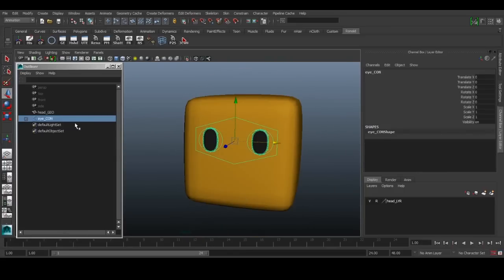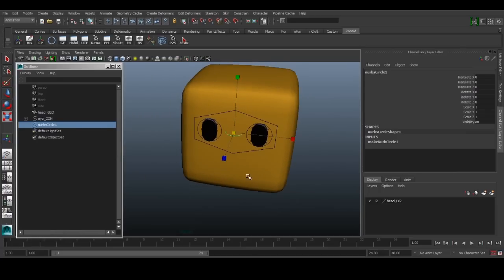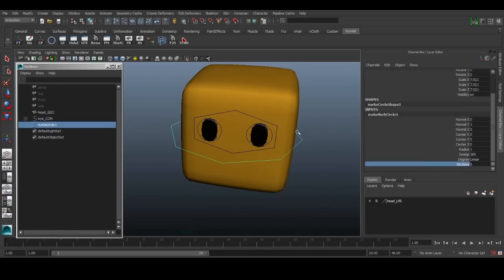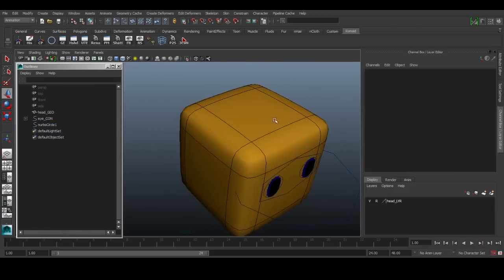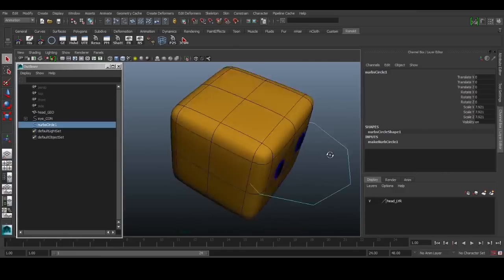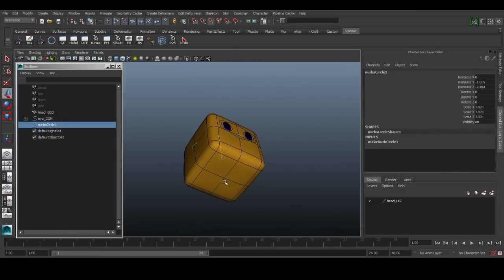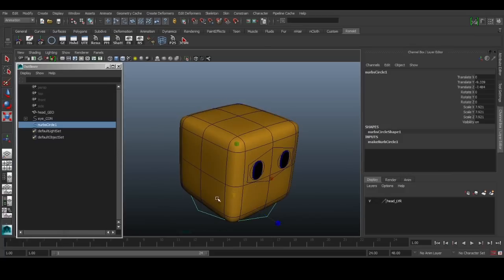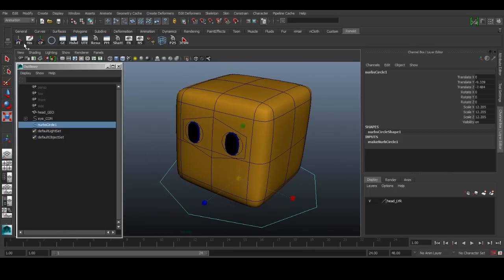So this is our entire eye rig, and let's just add a few more controls for our head. So I just created a new NURB circle, also using linear, and snap to the center of this cube. Maybe I don't want it so round, so I'll add a center line here, here, and here. So I'll snap this to the center of the cube, to the bottom of the cube. Just hold the V and middle mouse button, and then scale it up a little bit. And this will be the base control of our head. And then I'll freeze transform and delete its history and rename this as the head controller.